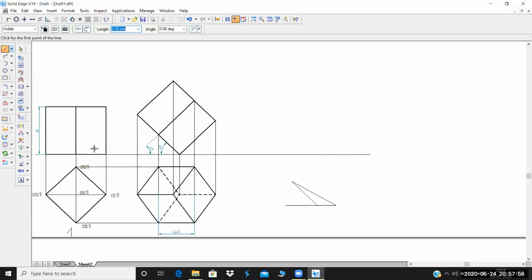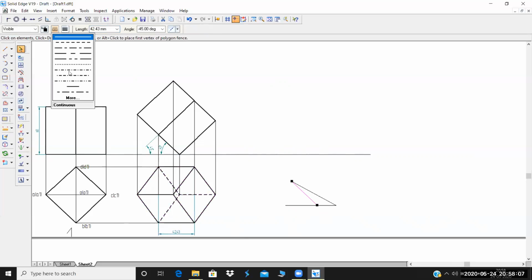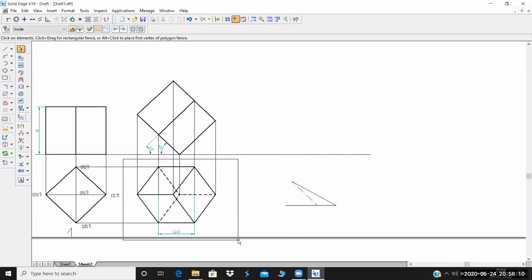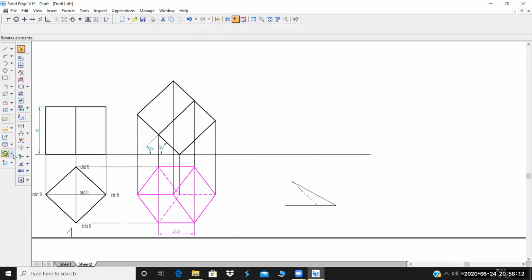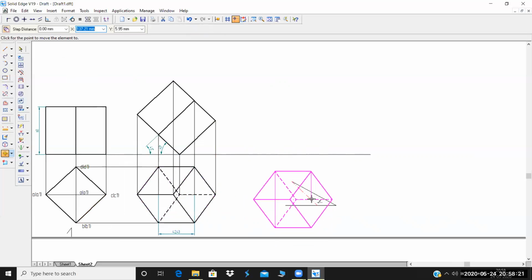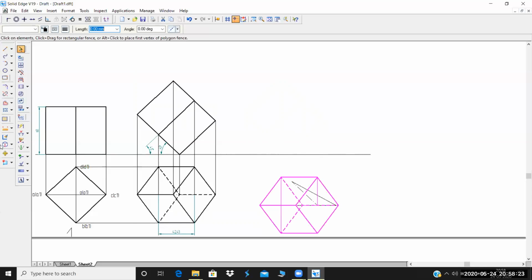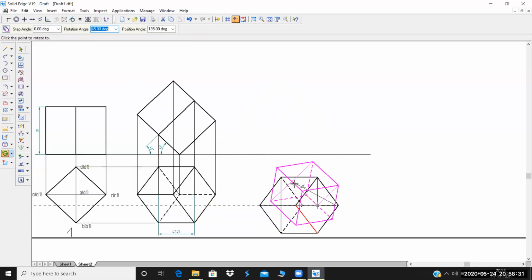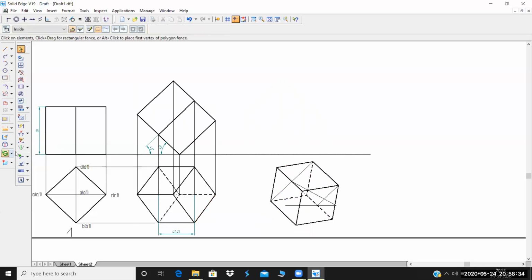It is similar to what you have done in the previous planes. After this is done, select the whole thing. This particular line is your newly formed axis line, so you have to show this as axis line. Select the whole thing, go for move copy. Select one end, since you are having this here, and make sure that you are placing it on the end point of this axis. Then go for rotate, again from this end to this end. Make sure it is placed on the line. So this is your beta angle problem.